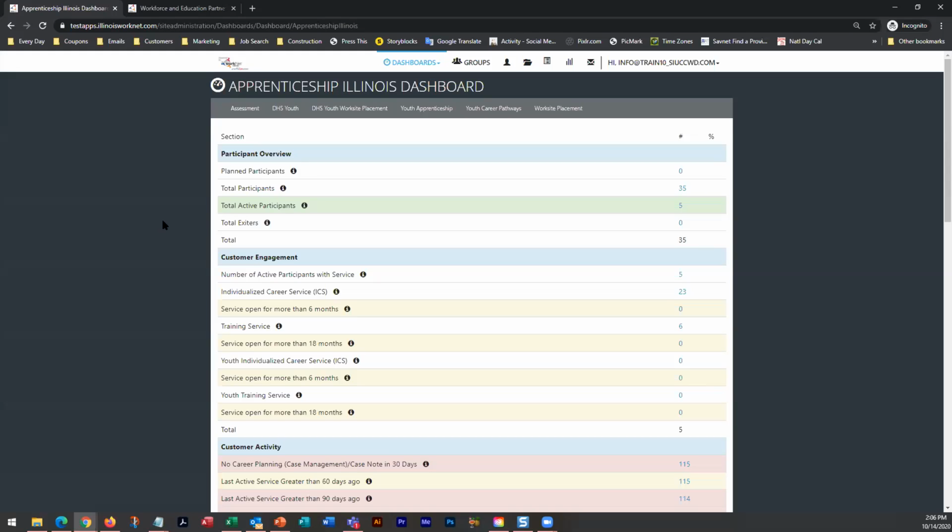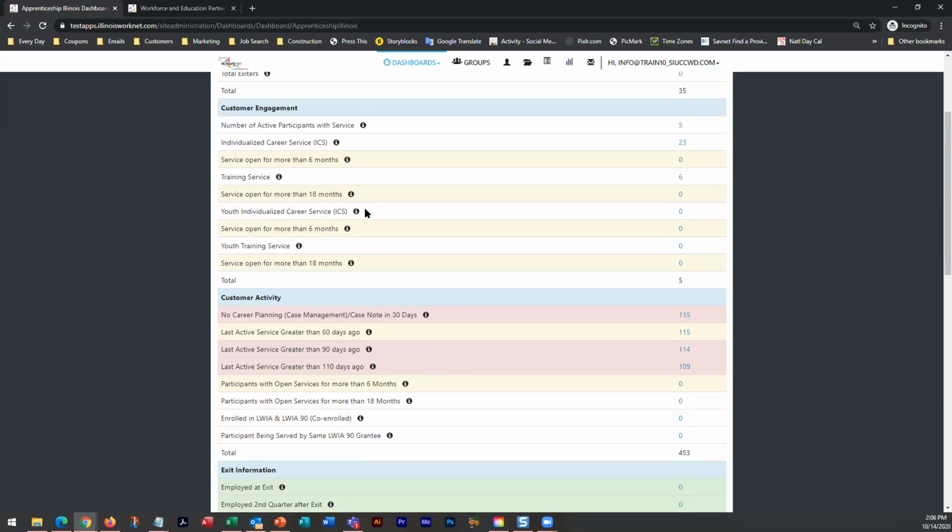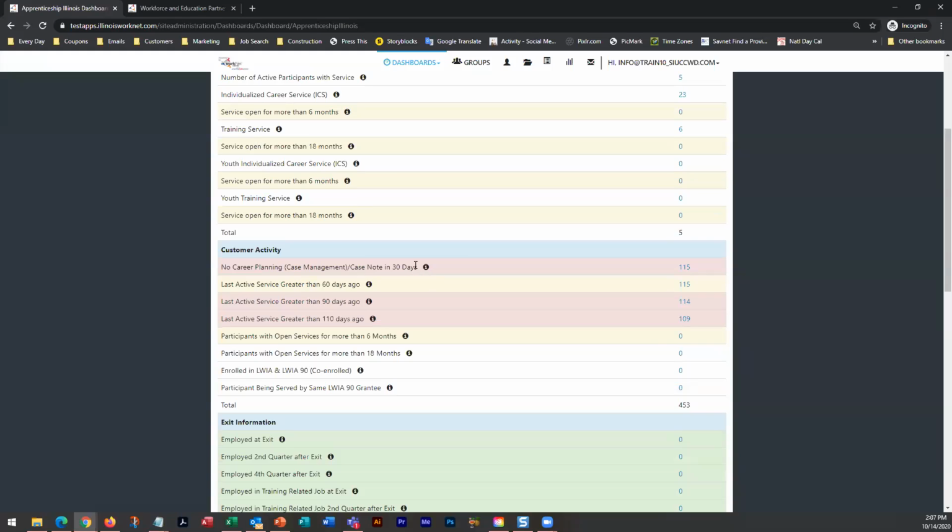And on here we've got white rows that are just informational. The blue rows are the header rows for that section. Yellow rows are items that you need to pay attention to. There's something going on there. And then red rows are those rows that you better do something about yesterday. If you want to see any of the definitions, you can click on the little I, we call those info bubbles, and it will give you some information about what that particular item means.